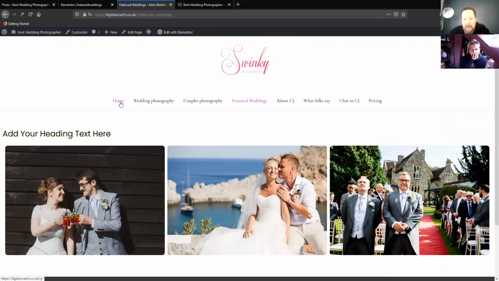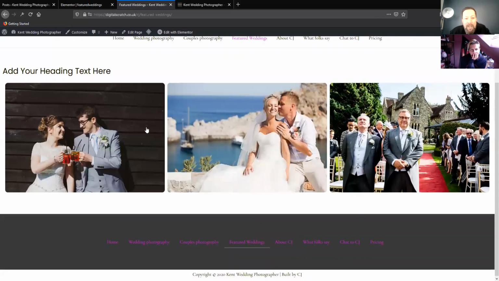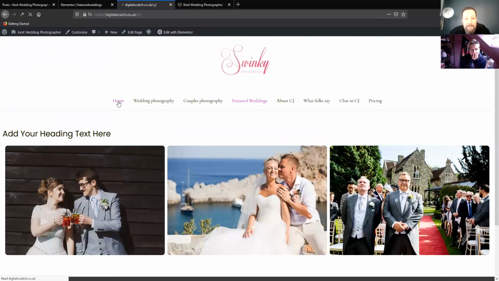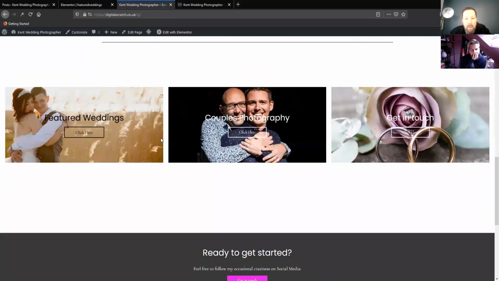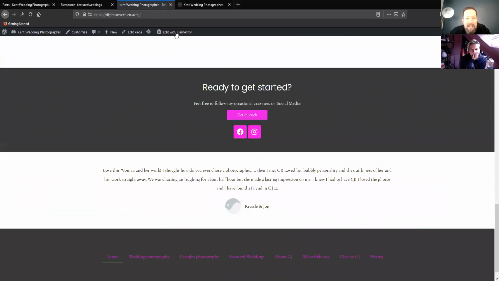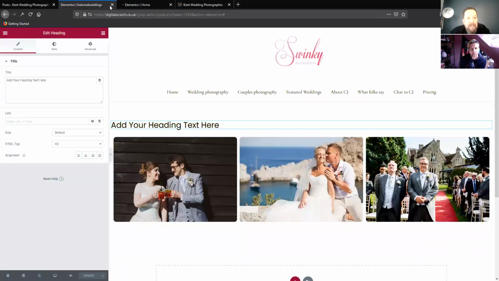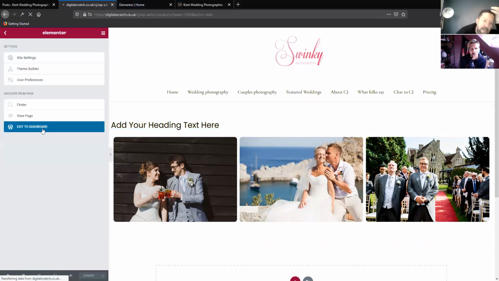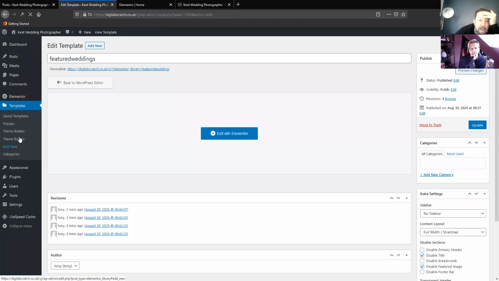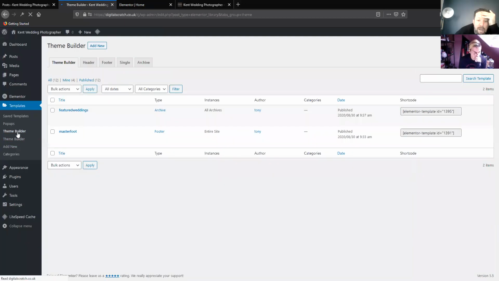And the thing is, you can copy and paste, so you could have 2 Elementor windows open. So say if we go to the home. Yeah. And you want this ready to get started. So let's edit that page. Now let's go back to the archive. Let's go away from the archive. Library. I think it's just the archive that, anyway, Team builder. Okay, so we've got the master footer. So if we edit with Elementor, the master footer,